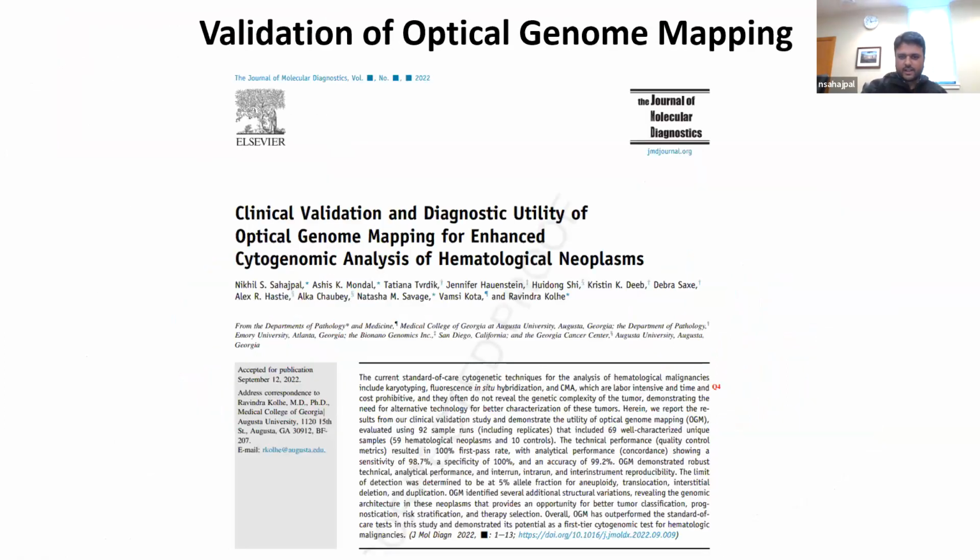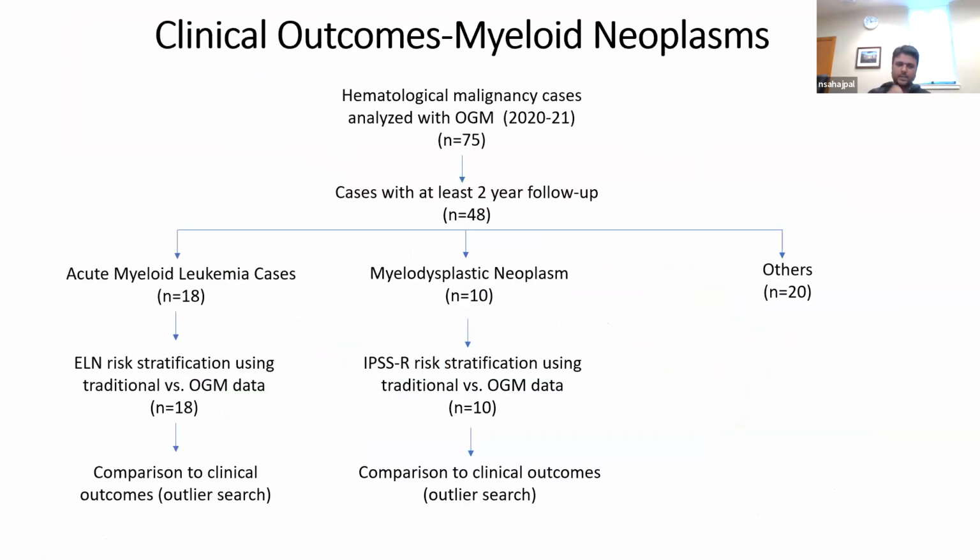All right, so I'll end there about the validation study, and if you want to read more, you can read the paper that was published in JMD. But I think we and other groups at that time, which were in the same boat of validating the technology, were asking this question after realizing that the technology does have great potential to lead to several insights into these tumors: how can we leverage the current guidelines, and does it have the potential to alter the clinical outcomes